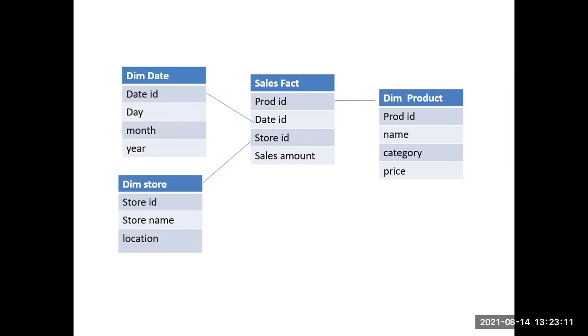Like today itself, take Reliance Mart in the evening: they will check today's date, and then which products, like Amul products, how many have been sold. They are not interested whether it is cheese, butter, curd, or any sweet dishes. They are not interested in the description, they just want the quantity. And coming to the store ID, where the main branch is located, they will calculate from which store it is getting worked out.